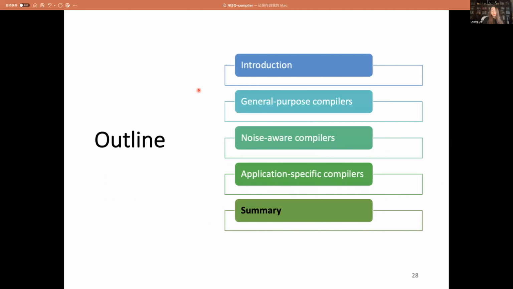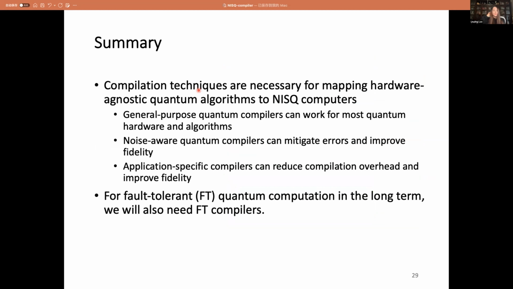So to summarize here, compiler techniques are necessary for mapping hardware agnostic quantum applications to near-term quantum computers. And we have learned general purpose compilers. They can target different quantum algorithms and different quantum technologies.